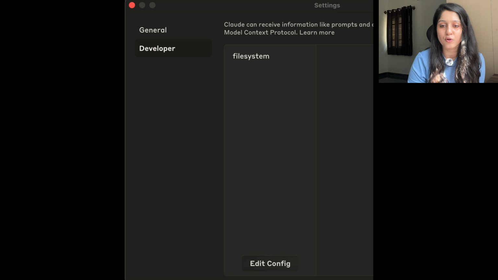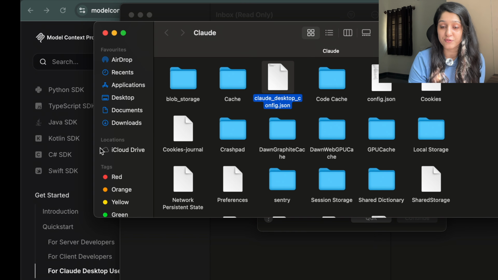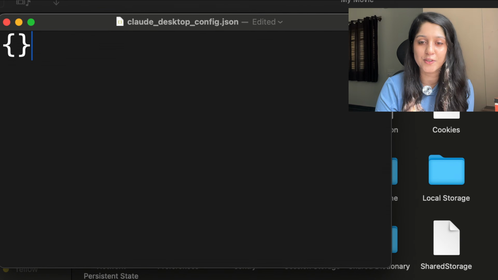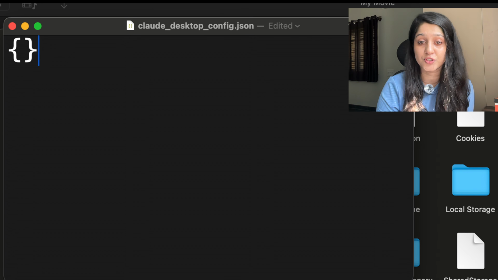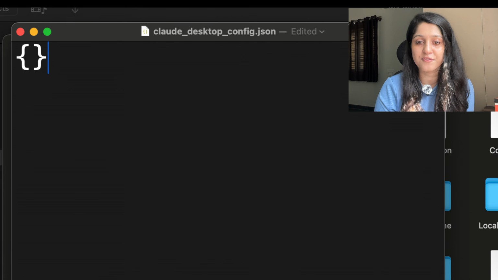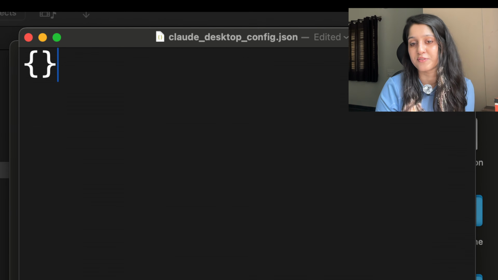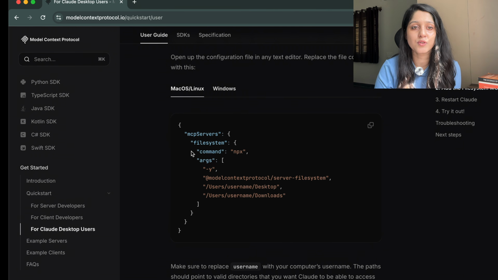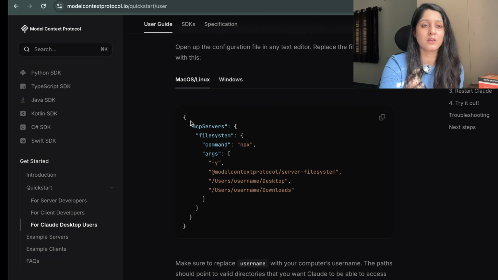So this edit config will take you to the location of the configuration file on your computer. You can open this file using any editor of your choice. I'm opening it with a text editor. You see there's just an empty object for now. It is the configuration JSON. This is the file where our MCP JSON configuration is supposed to be. So you can go back to the